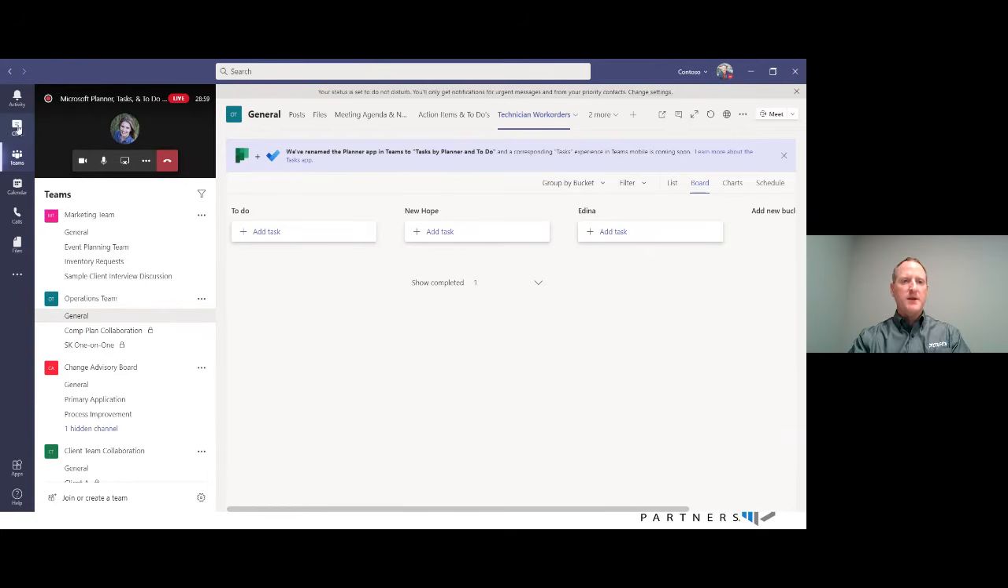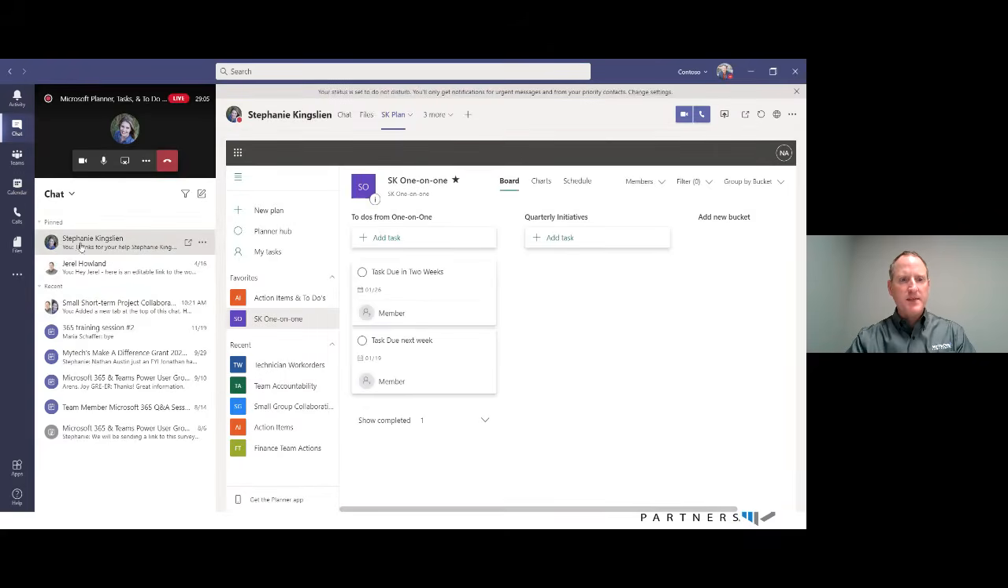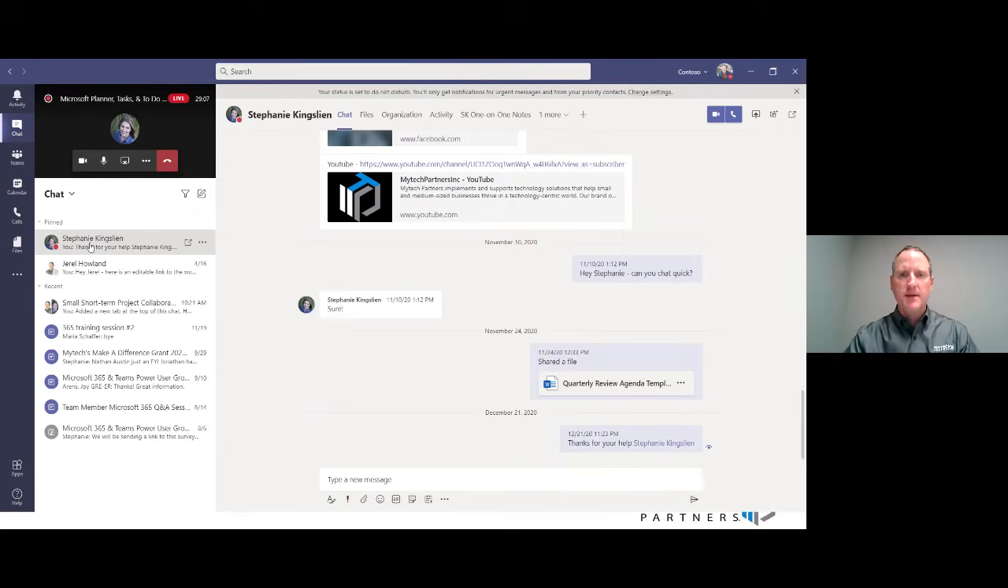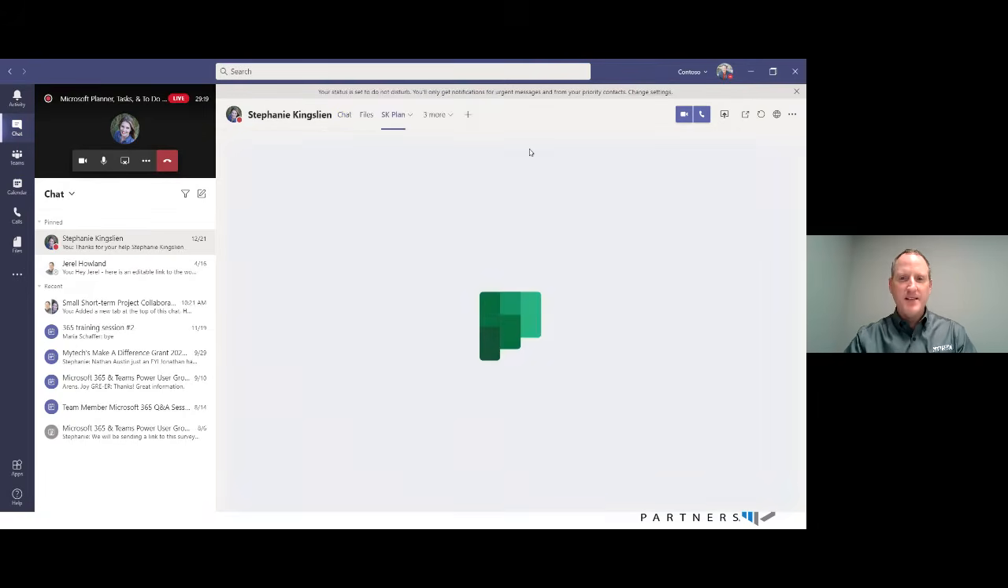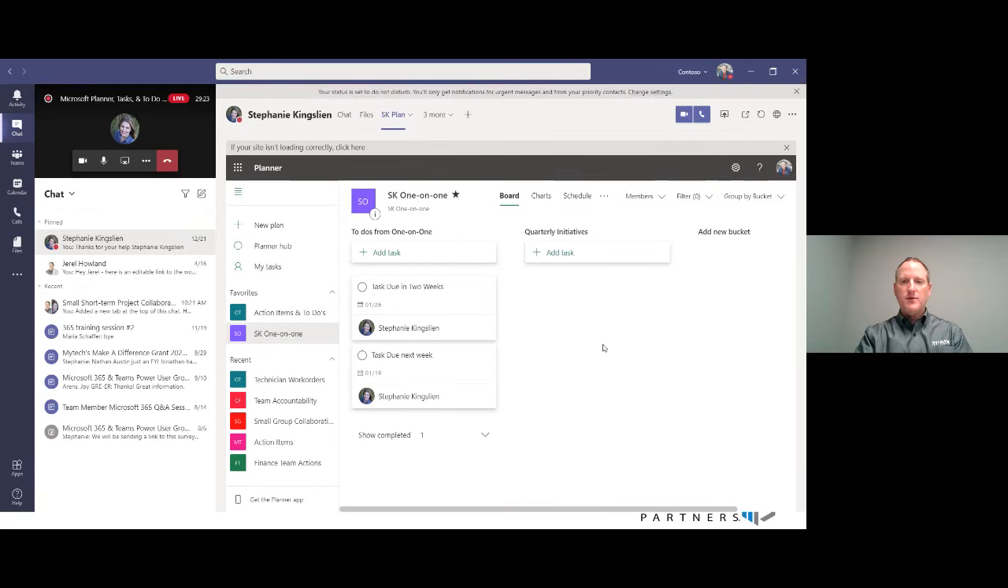So what I'm going to show you here is I'm going to go to the chat. As a manager, in my chat, I've created, I'm going to go to Stephanie. Stephanie's one of the folks on my team here in this scenario. I've added tabs here at the top, and I've created what I call the SK plan, Stephanie Kingsley. So the SK plan, notice it popped up planner, and basically I'm able to, if this is the one-on-one